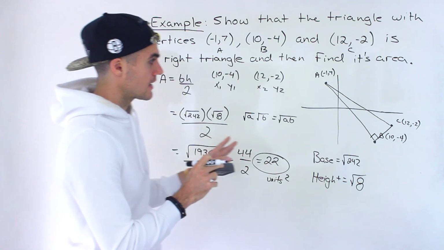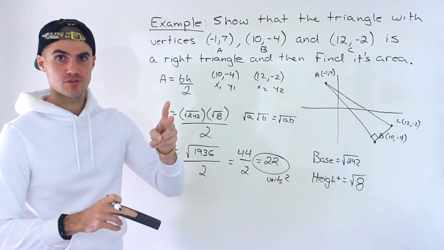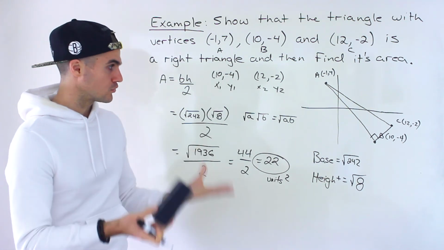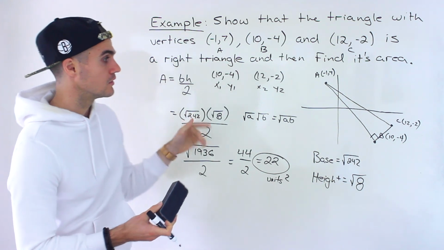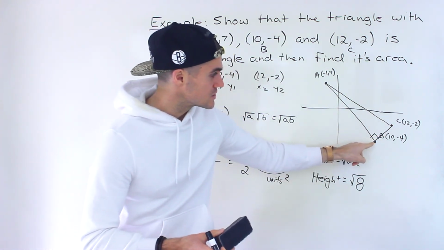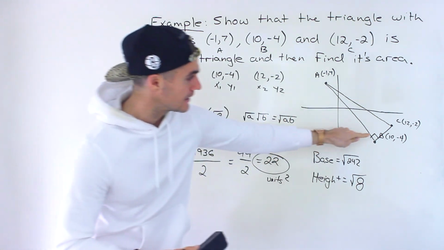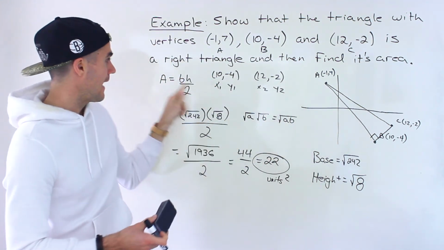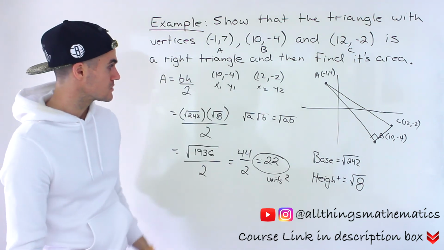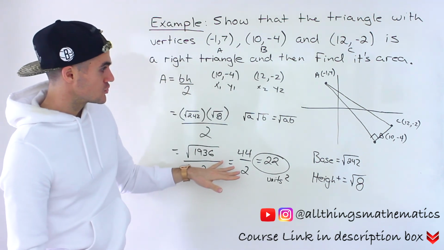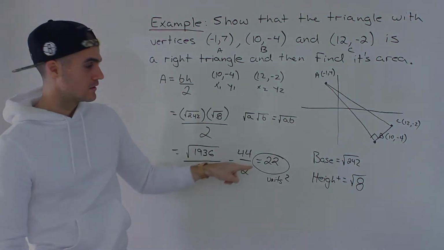So to prove it's a right angle, find all the slopes, make sure two of the slopes are negative reciprocals of one another. If they are, then you prove that it's a right angle triangle. And then if you have to find the area of a right angle triangle, it's fairly easy because you just have to use the two sides that are attached to that 90 degrees, to that right angle, as the base and the height. Doesn't matter which one you use as the base and the height. So just do the algebra, find the lengths of the base and height, plug them into the formula, get your